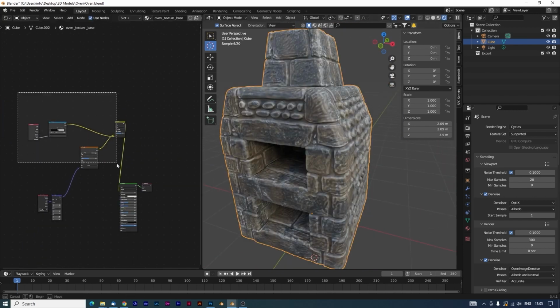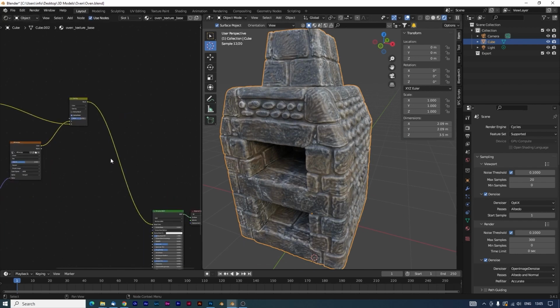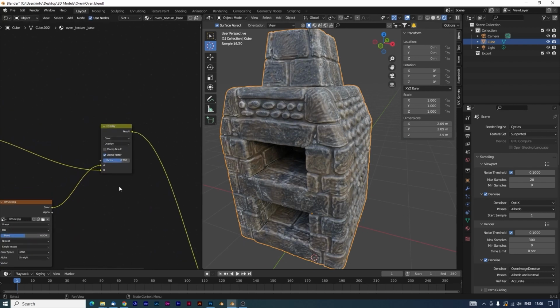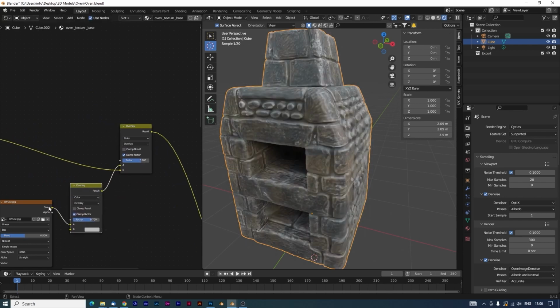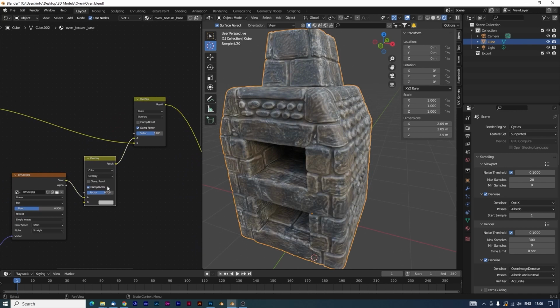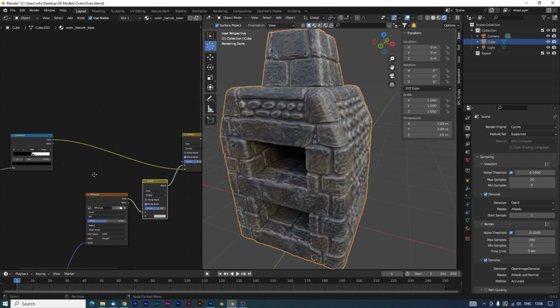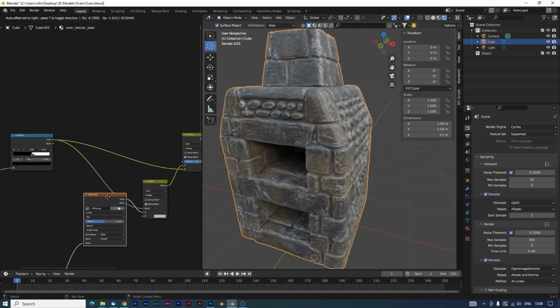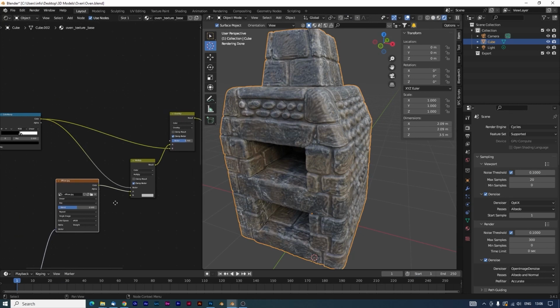In fact, I grab all of this and this and move it over to here because we have not finished yet. I'm going to duplicate this and drop this in here, connecting between the diffuse over to the overlay, and I'll change this one to multiply, and I'll connect the color ramp to the factor. I'll move this over a little bit so we can see what's going on. The diffuse needs to be connected to the A if it's not already,